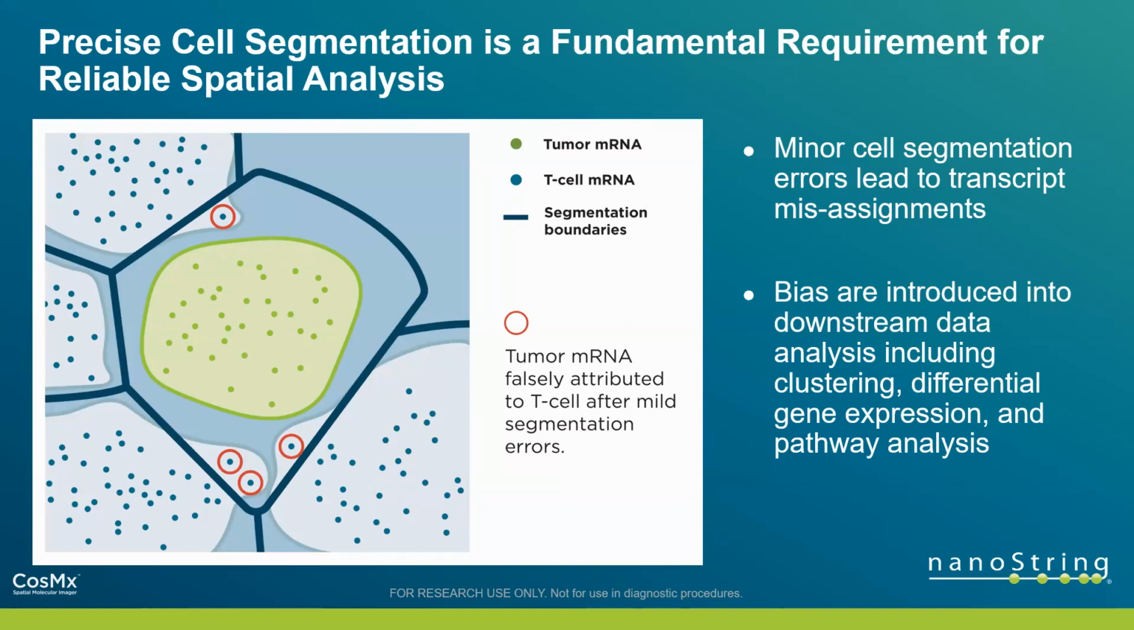And so what we're able to do is actually create this cell segmentation in this green that allows us to call that specific transcript of interest and assign it to its correct home. And what we're finding is that these minor cell segmentation errors could lead to transcript misassignments, and that impacts everything downstream, right? Introducing a downstream bias into this data analysis, including clustering, differential expression, and pathway